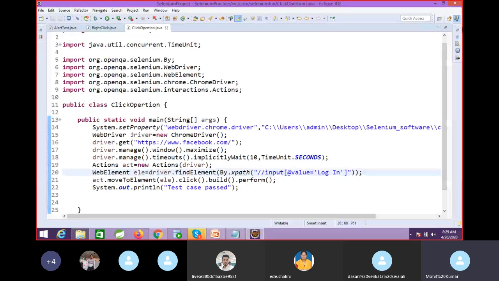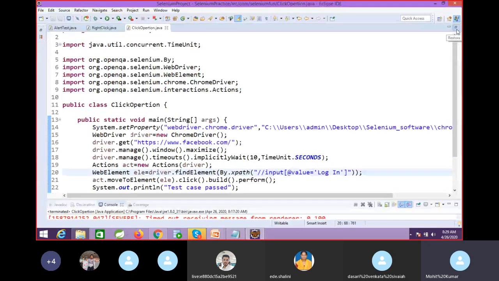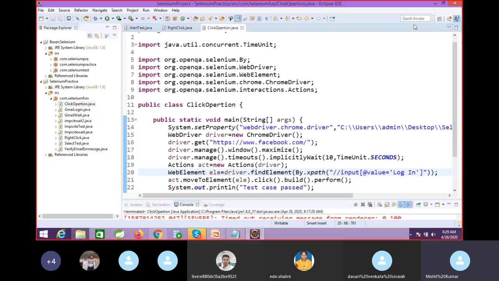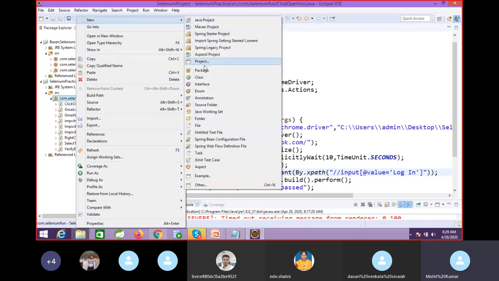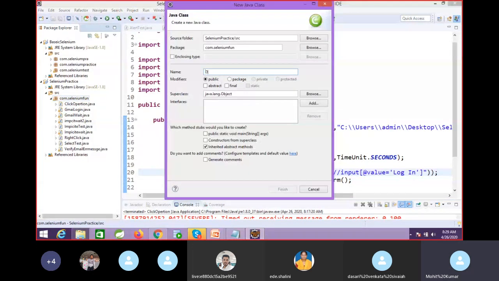Again, we will create one class. Same steps here; we need to change only the element for drag and drop.